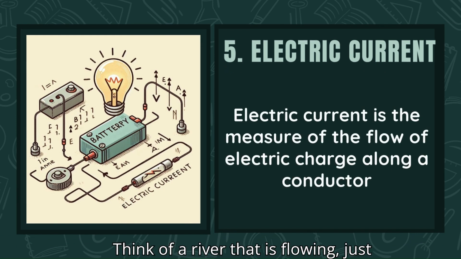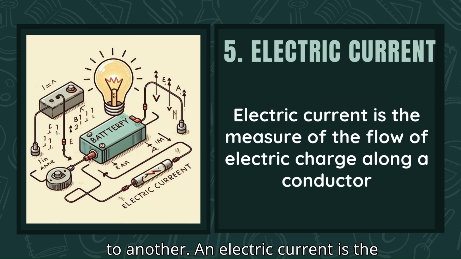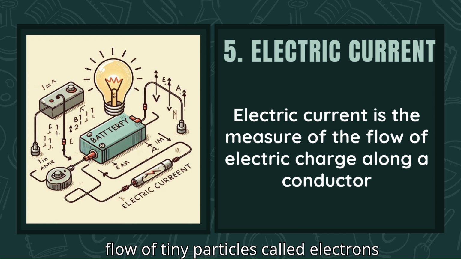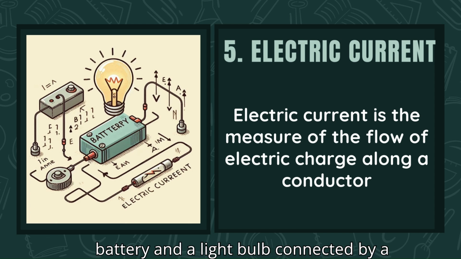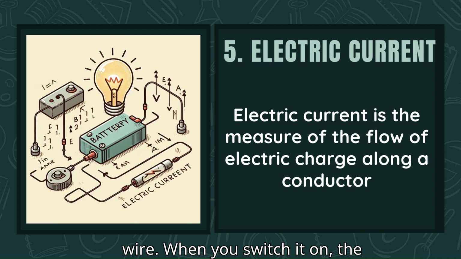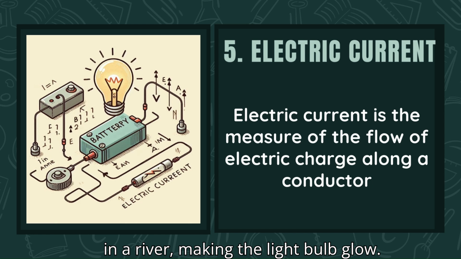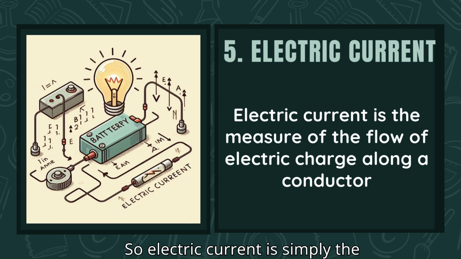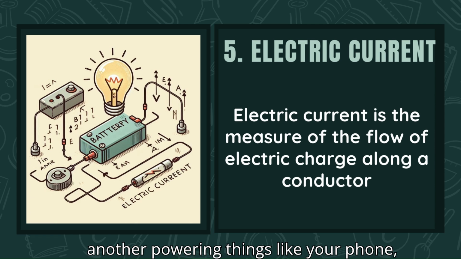Think of a river that is flowing. Just like how the water flows from one place to another, an electric current is the flow of tiny particles called electrons through a wire. Now imagine you have a battery and a light bulb connected by a wire. When you switch it on, the current flows through the wire like water in a river, making the light bulb glow. So electric current is simply the movement of electricity from one place to another, powering things like your phone,